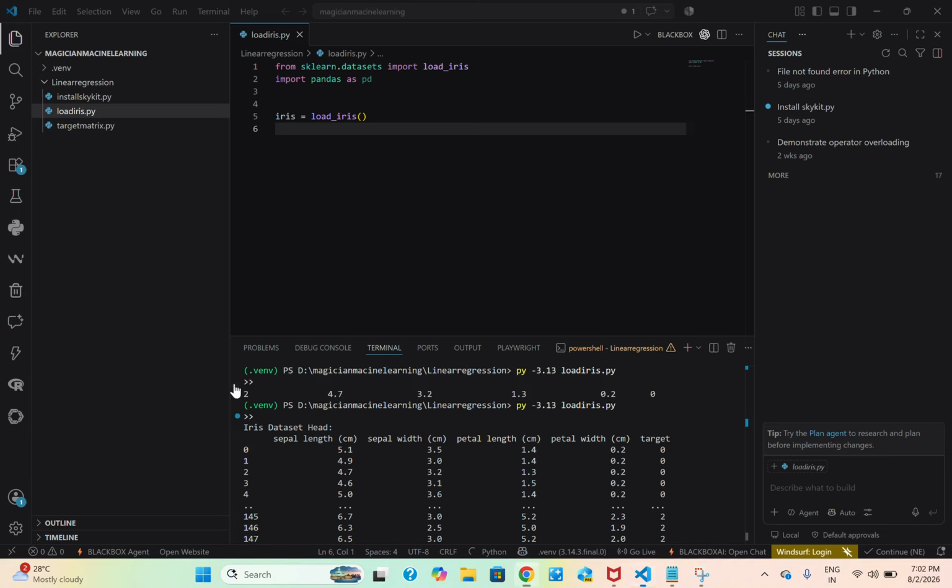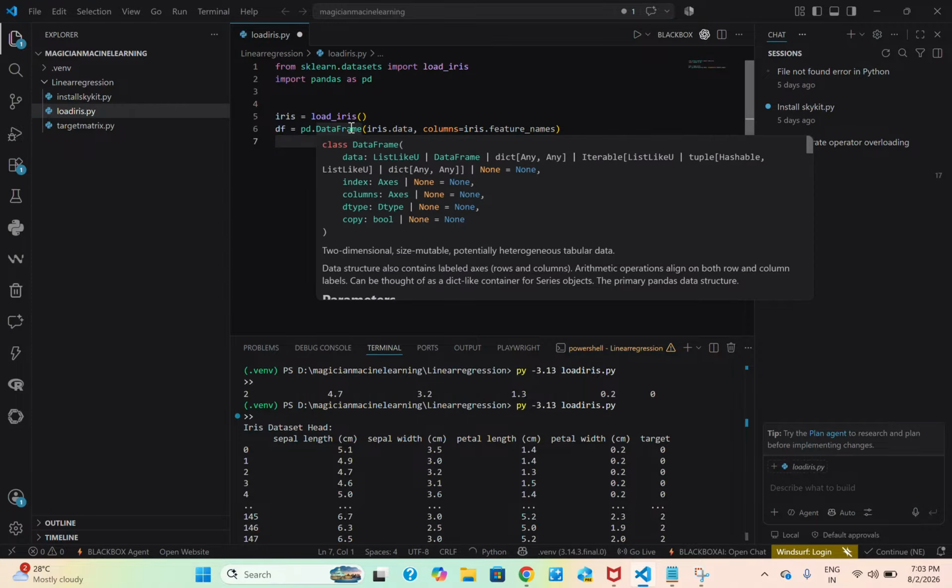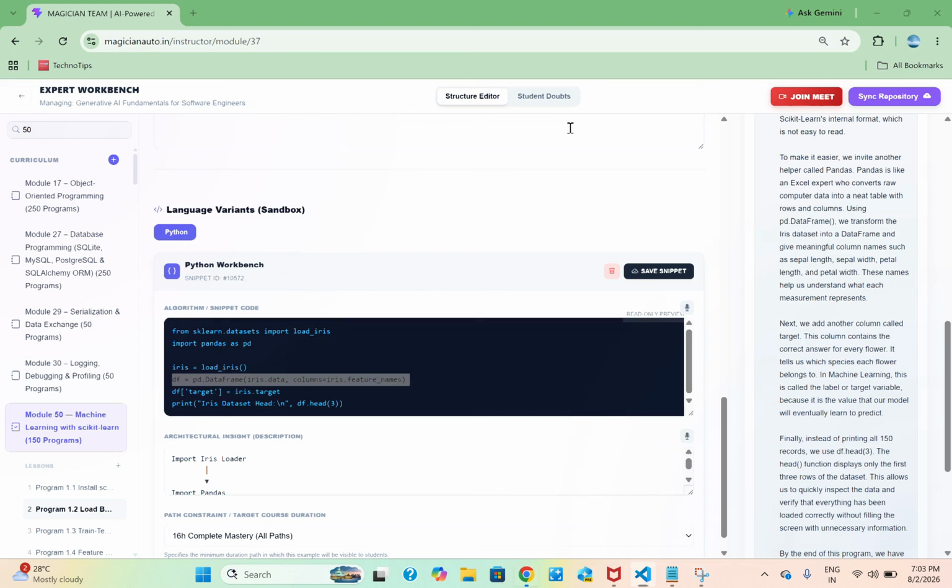Pandas is the library that is going to convert this data into human readable rows and columns. So we are sending the iris database data, and then feature names. Feature names are nothing but our column labels, or column names.